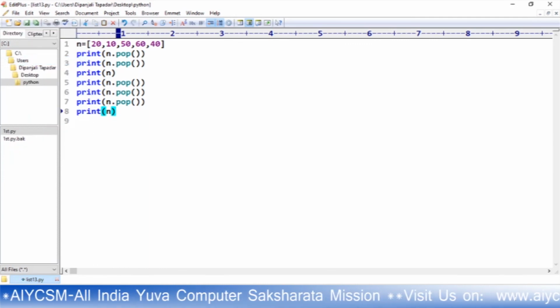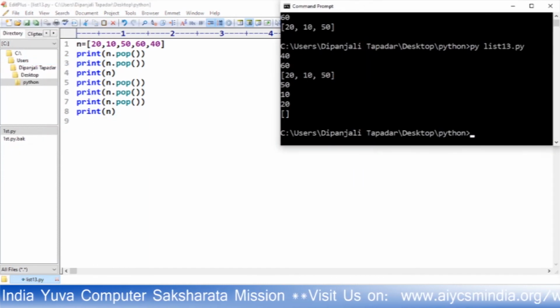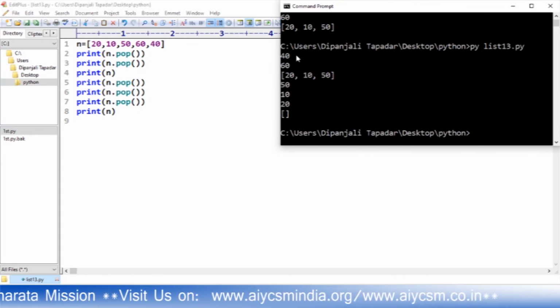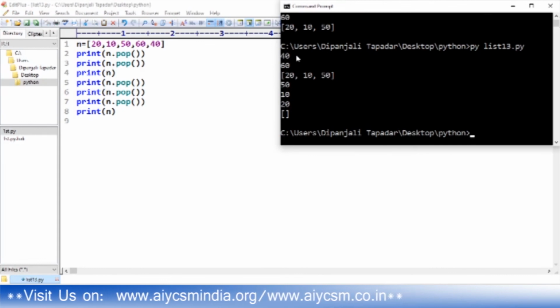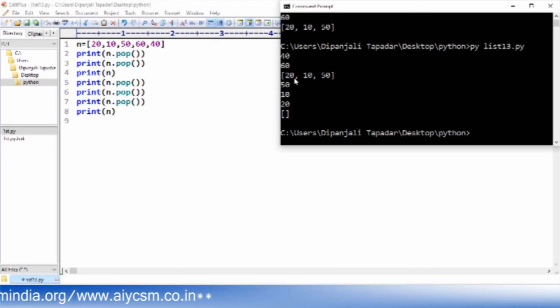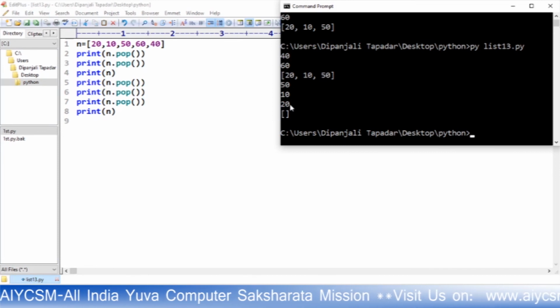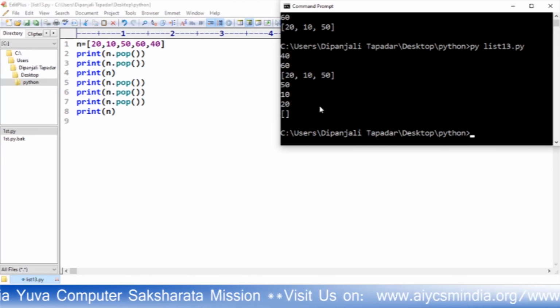If you are not saving, it will run the earlier example. You will see that every time, it will delete the value and return the value it deleted. First it deletes 40, then it deletes 60, and we print to see the elements which are right now present in the list. It will show that 20, 10 and 50 are now in the list. After that it deletes again. So 50 is deleted, 10 is deleted and 20 is deleted. If we print the list again, this will be the empty list. This is how we can delete.